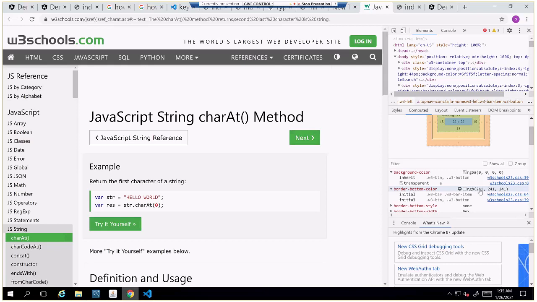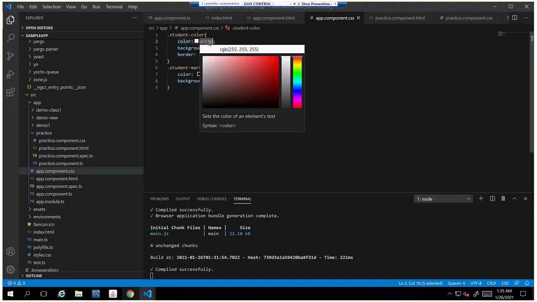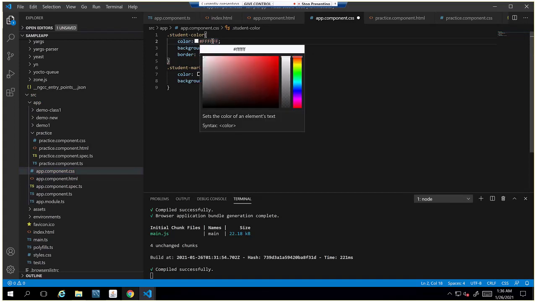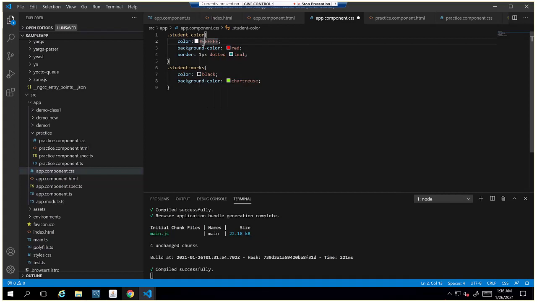For background colors and colors, there are different ways to provide them. We can directly use text like white. If I don't want to use white, I can specify a 6-digit code like FFFFFF. Every color is split into three parts: RGB, red, green, blue.